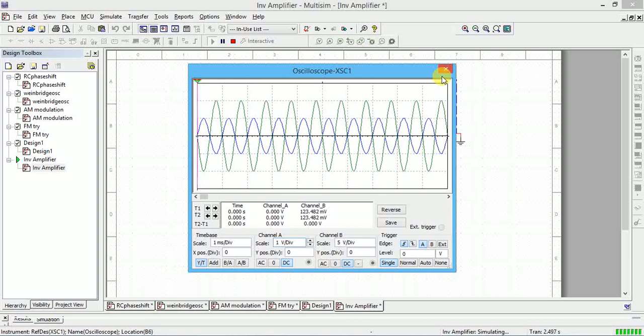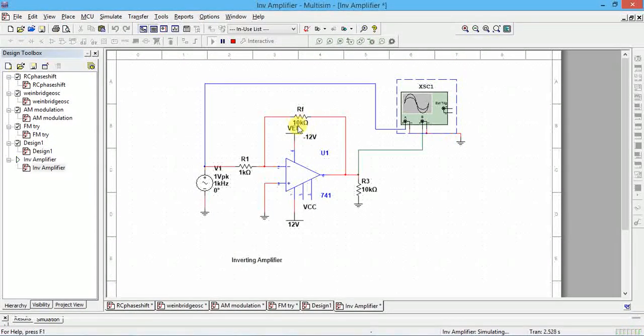This is the inverting amplifier. By changing the value of RF, so that RF by R1 is equal to 5, you will get 5 times the input. So this is about the inverting amplifier.